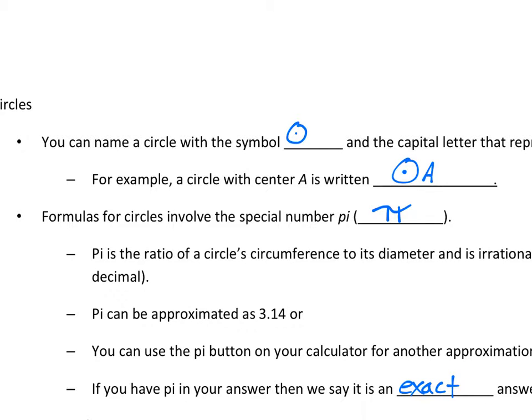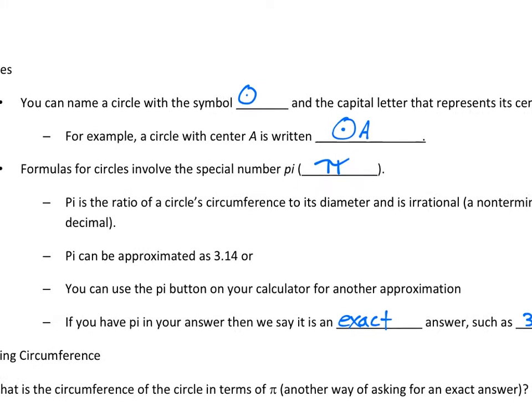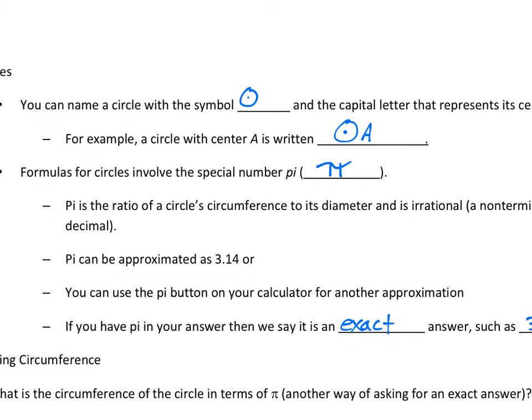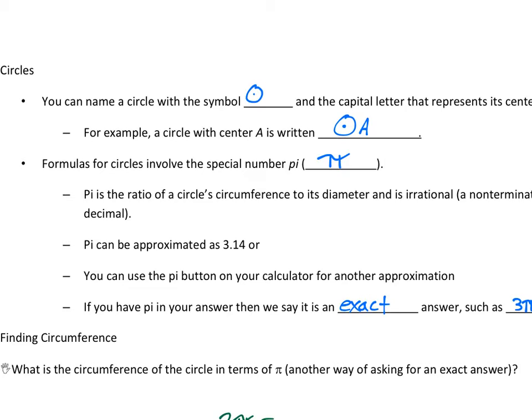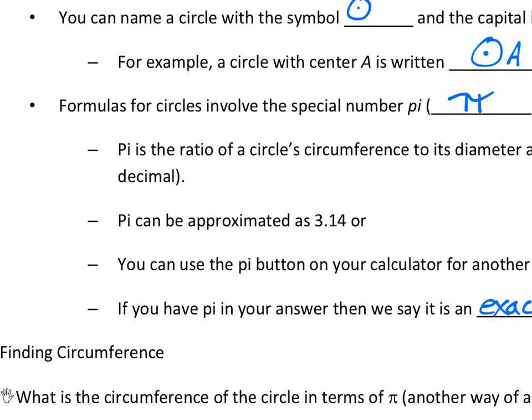Formulas for circles involve a special number called pi. Pi is the ratio of a circle's circumference to its diameter, and it is irrational. That means the decimal never ends, nor does it ever repeat. We may talk more about pi as we go through the year, with extra time to see where it comes from and how it works. All right. So pi can be approximated as 3.14